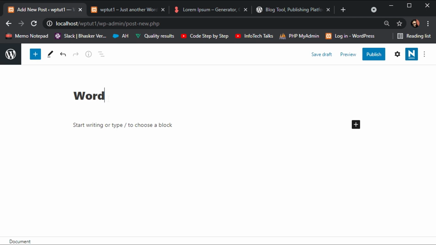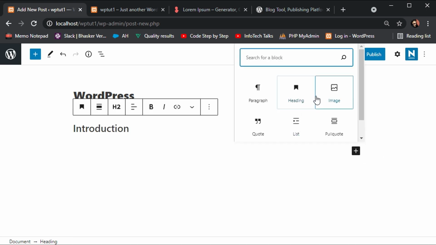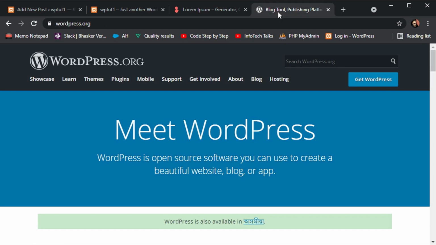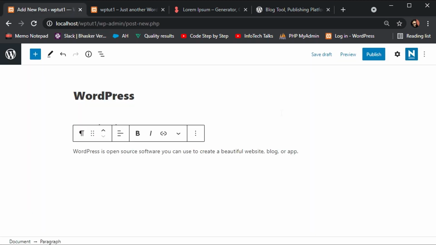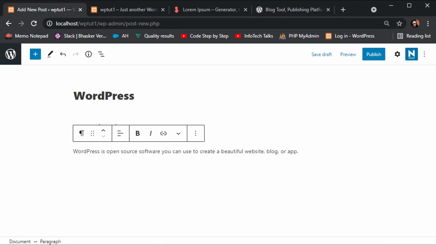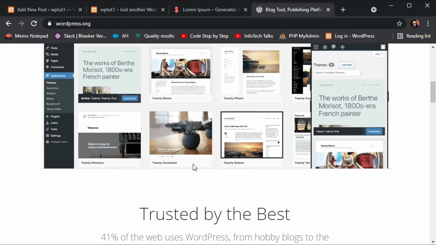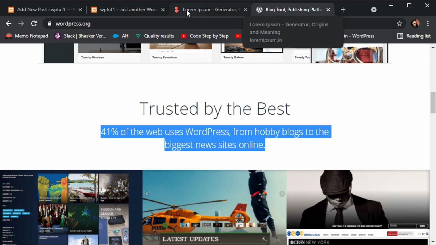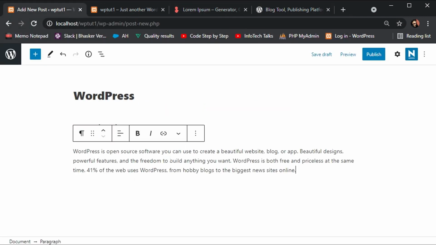This is going to be about WordPress. Introduction, paragraph. I'm going to take the paragraph from the WordPress website, simply copying it and pasting it in the paragraph section. That's it, I guess.